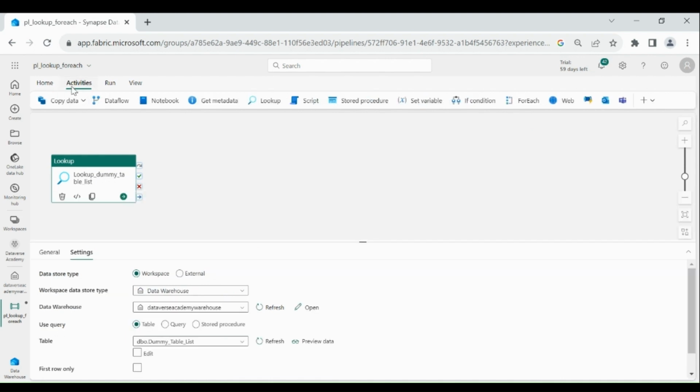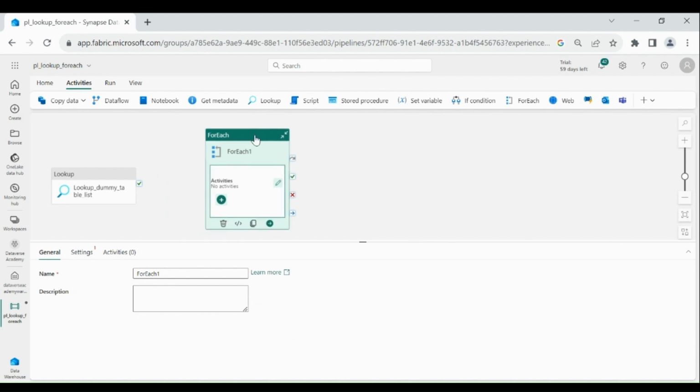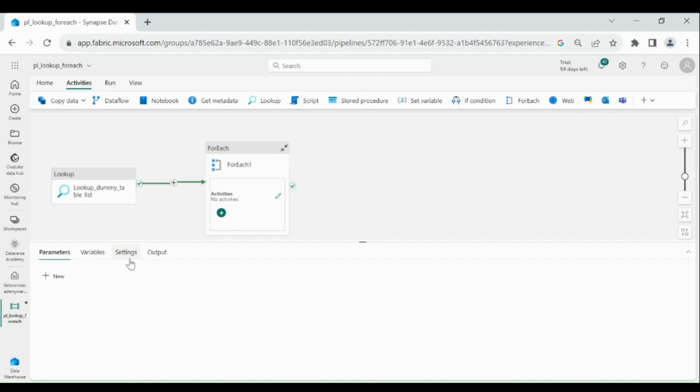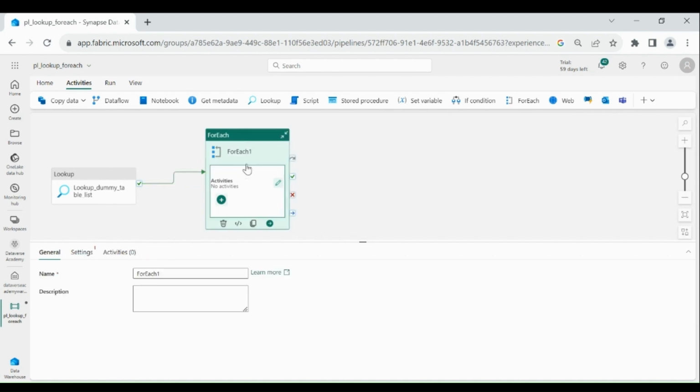Click on activities, then select for each activity. Map it with lookup activity. Then click on settings, then click on sequential.